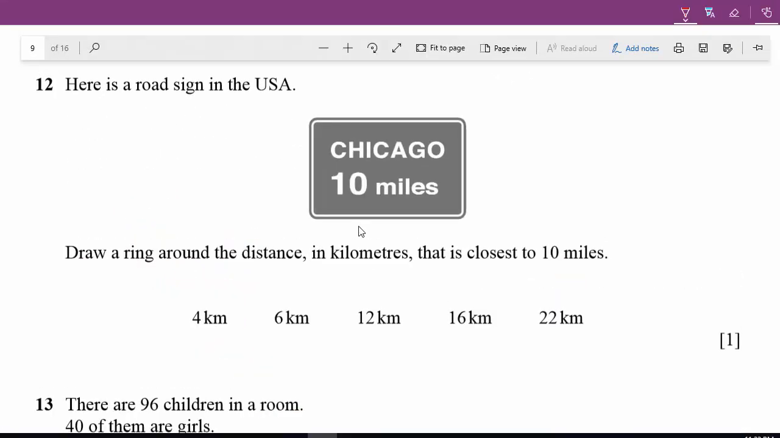Here's a road sign in the USA, showing the distance in kilometers. So 10 miles, nearly 1 mile. 1 mile is nearly 1.6 kilometers. So when the mile is 10, 1.6 times 10,